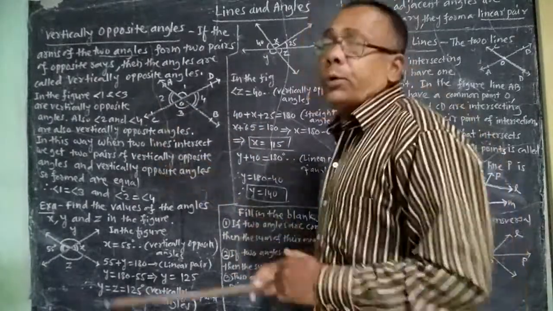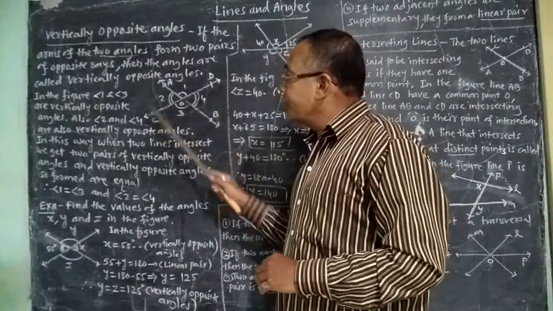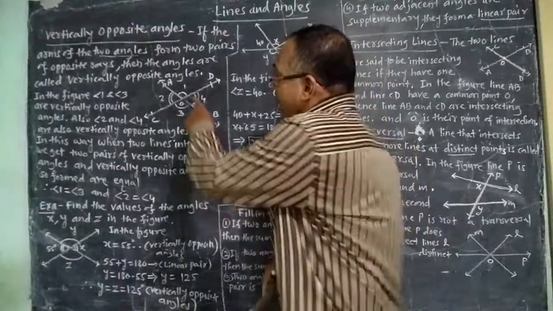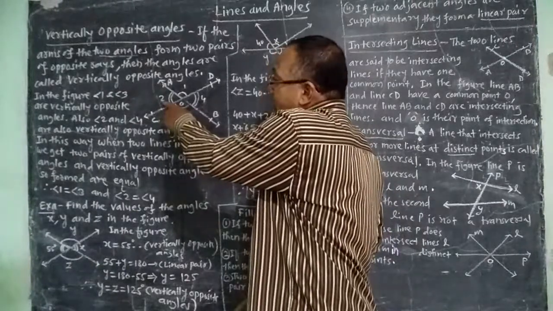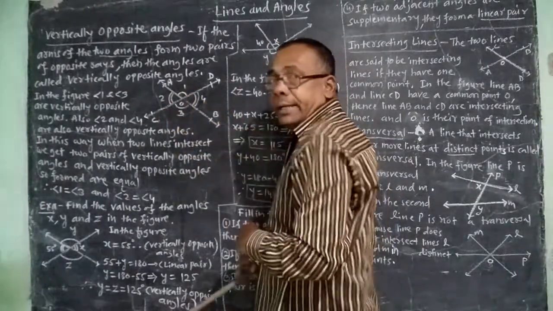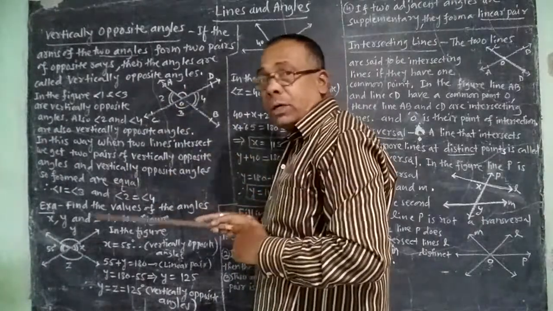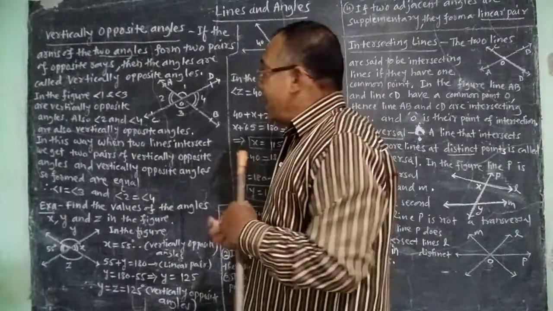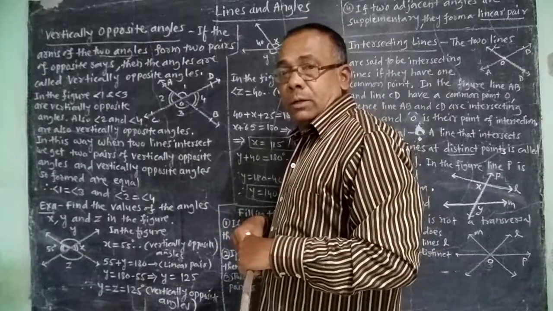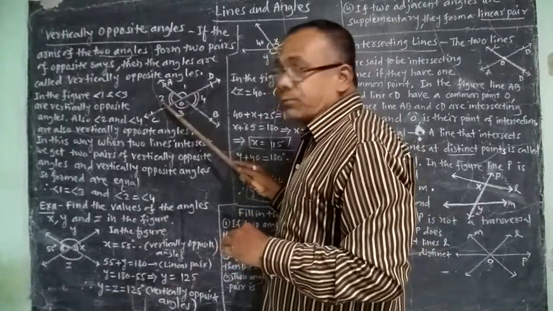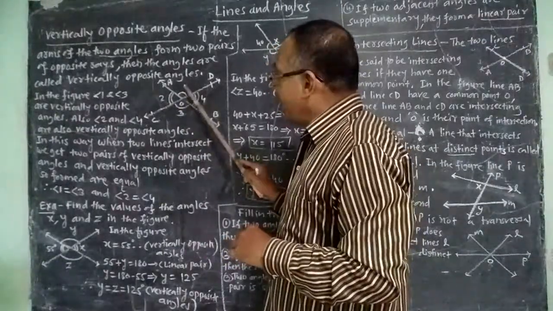Here we also get linear pairs of angles due to the intersection of the two lines. Here angle 2 and angle 1 are a linear pair, because the sum of these two is 180. These two angles lie along one line, and a linear angle is always 180 degrees. So angle 2 and angle 1 sum to 180, and they are a linear pair.